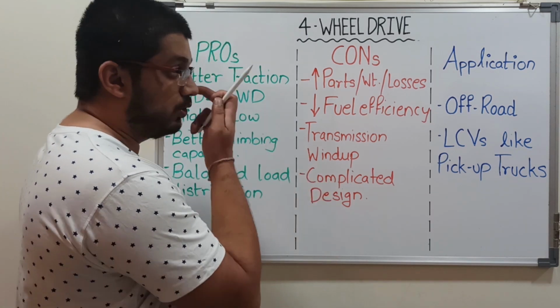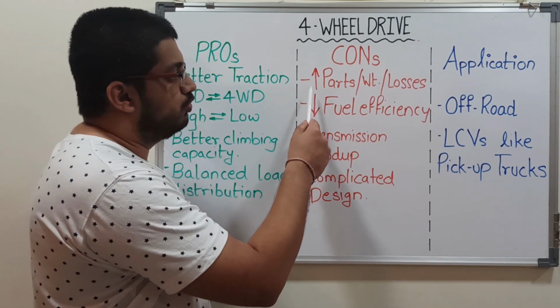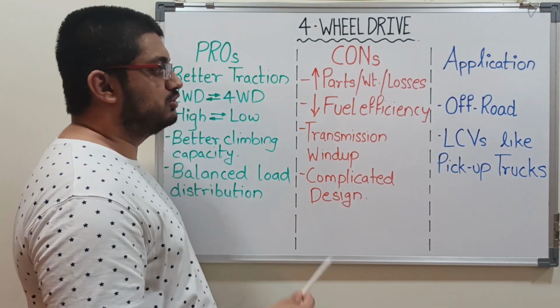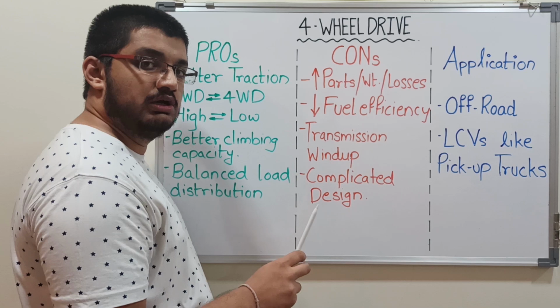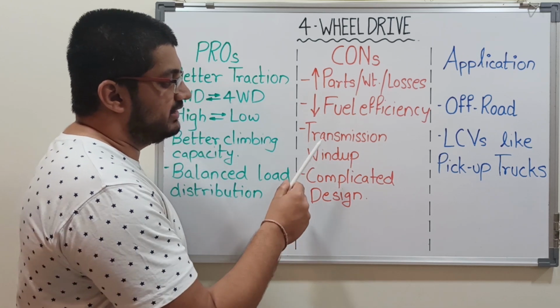Then let's move on to the cons. Let's look at the cons. So firstly, obviously, there are more parts, hence more weight, hence more losses. And also, if four wheels are driven, the fuel efficiency drops very low, which is not at all what we want. Then there is a